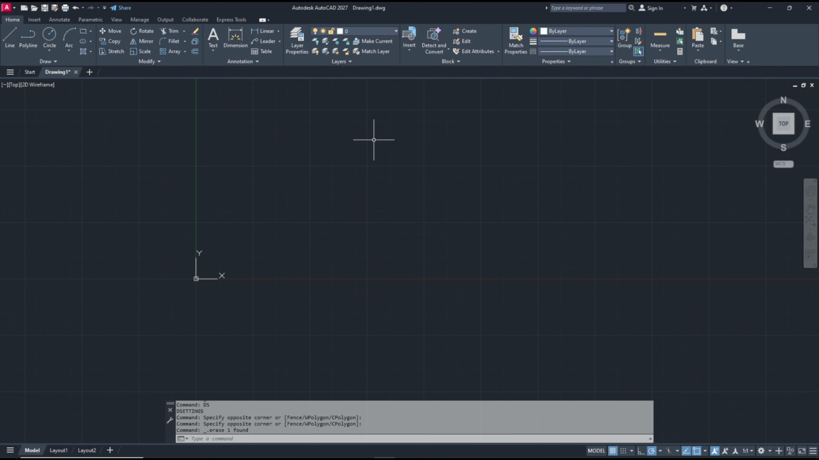Hello everyone, today we are going to learn basic AutoCAD 2027: how to move objects to coordinate 0, 0. So for example, you can draw a circle object, and if you want to move the circle to coordinate 0, 0,